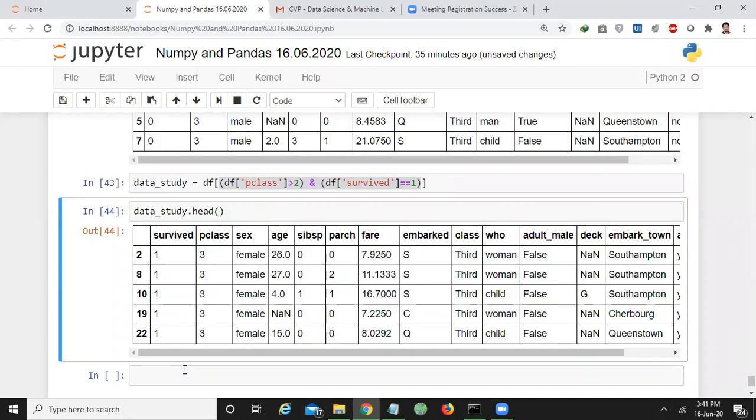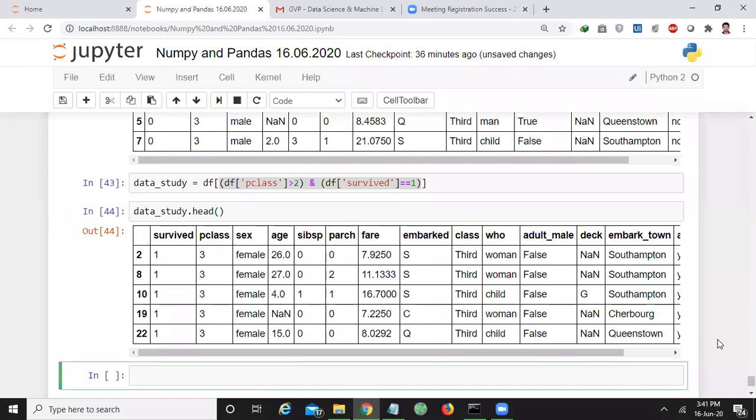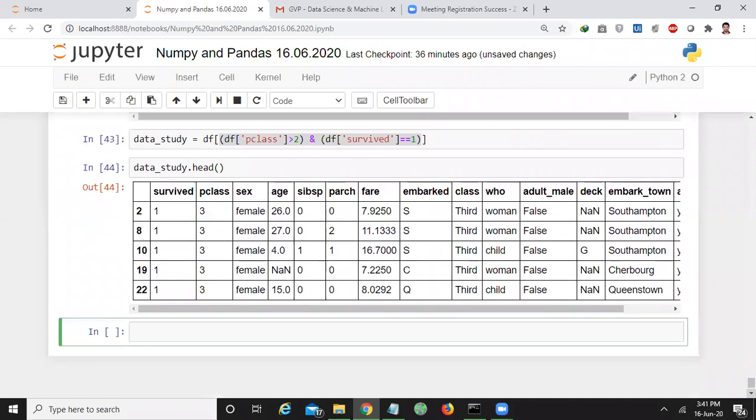Yes, are you following or not? So this is how we can study the data. Okay, and this is actually data science, the study of data. Am I right? The study of data. These are the various ways of studying the data. Okay, this is just we are studying the data in the form of text. In later sessions, we will see how to study the data visually.